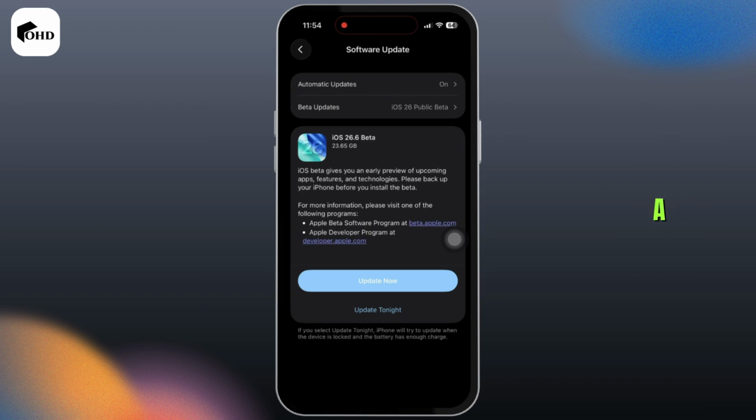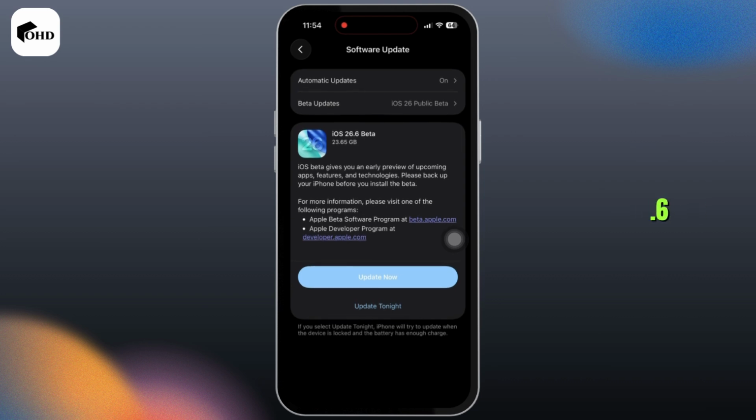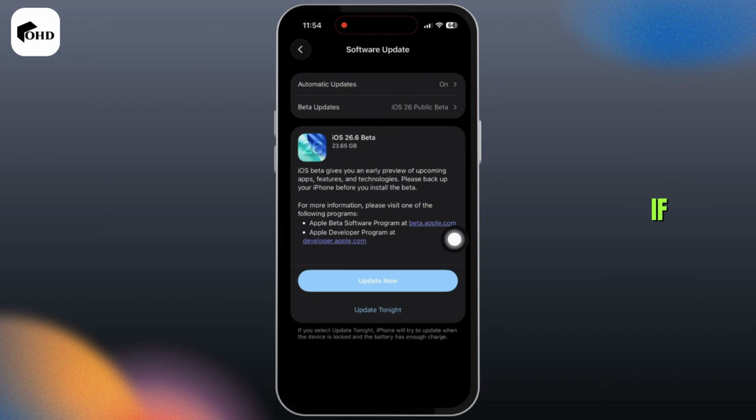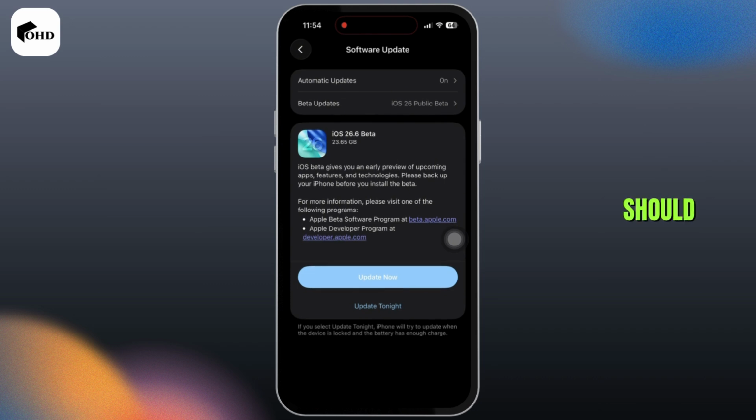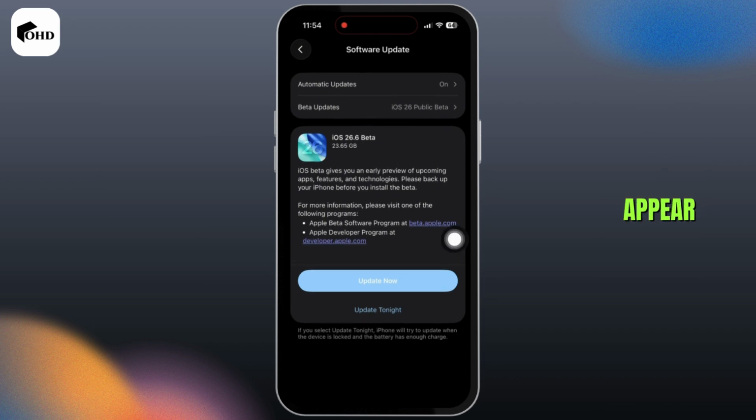If you are already on a previous beta like iOS 26.6 beta, you don't need to do anything special. If you have an update to this, you'll need to update it. Then navigate to this page. On June 8, you should see iOS 27 Developer Beta appear automatically. Once it appears, you can download and install it. So this way you can register your iPhone for iOS